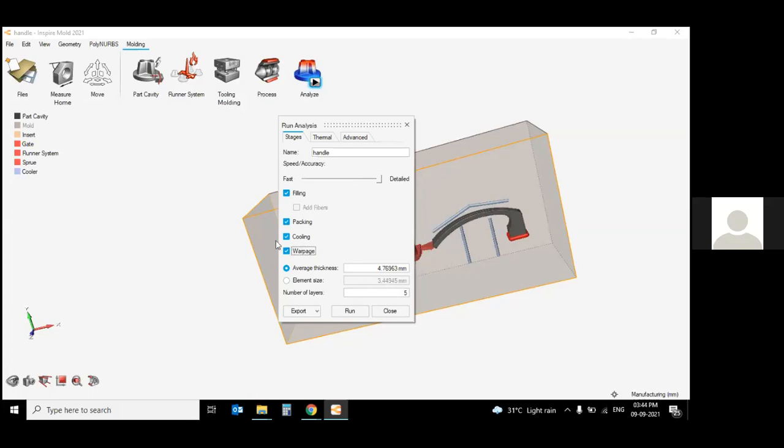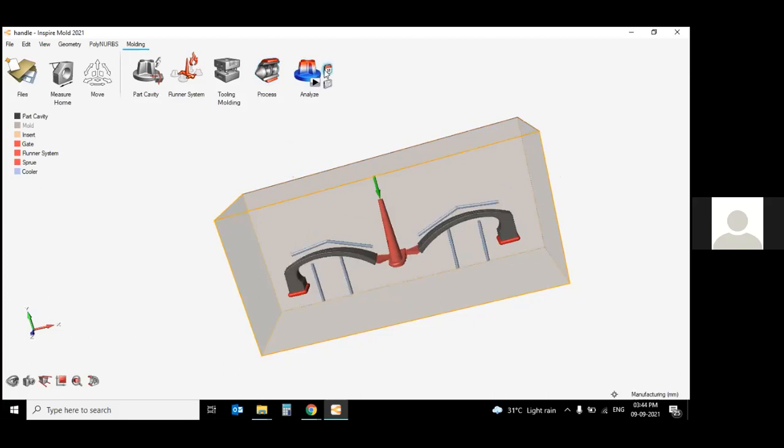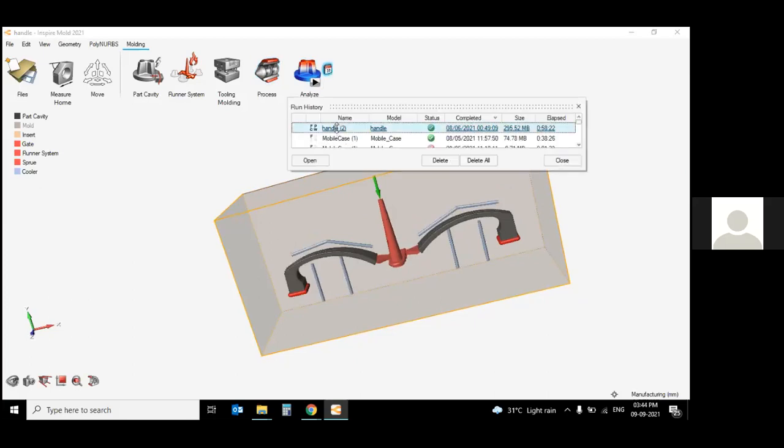Basically, for this final analysis, most of the people use the detail analysis to finalize the design. If they are satisfied with their product design and their die design, in the last they just run a detail analysis to check all the things. So once you run the analysis and go for the results,